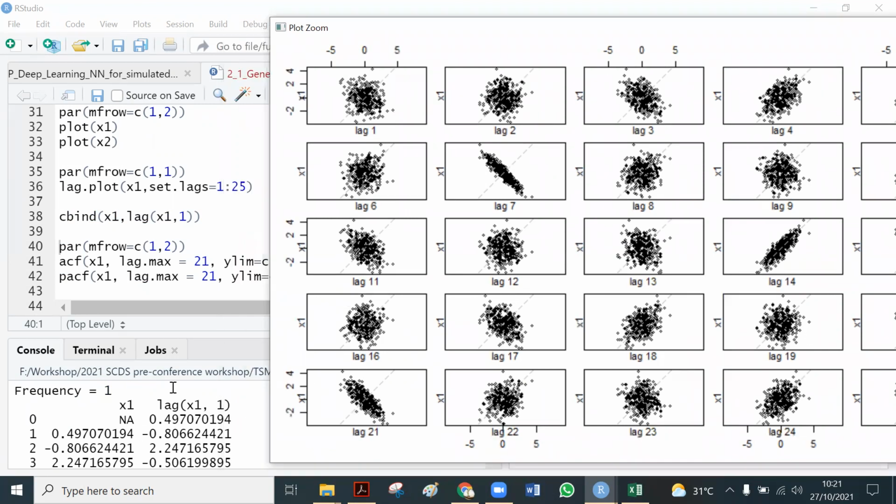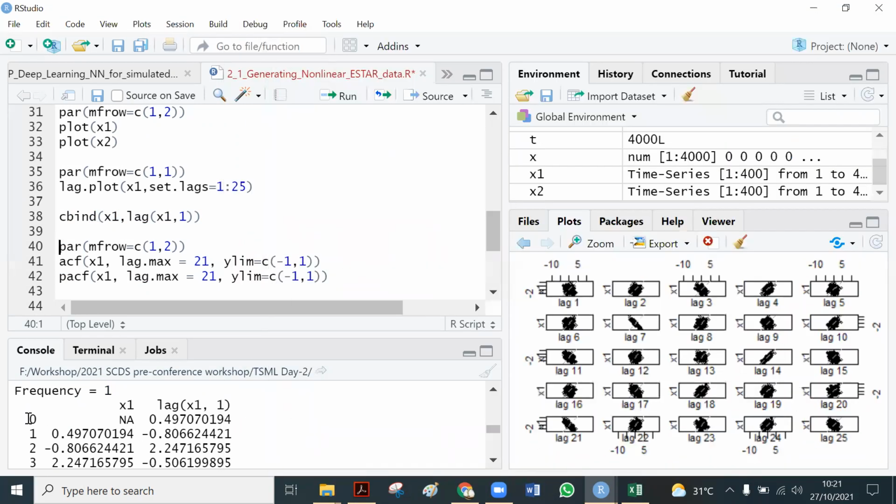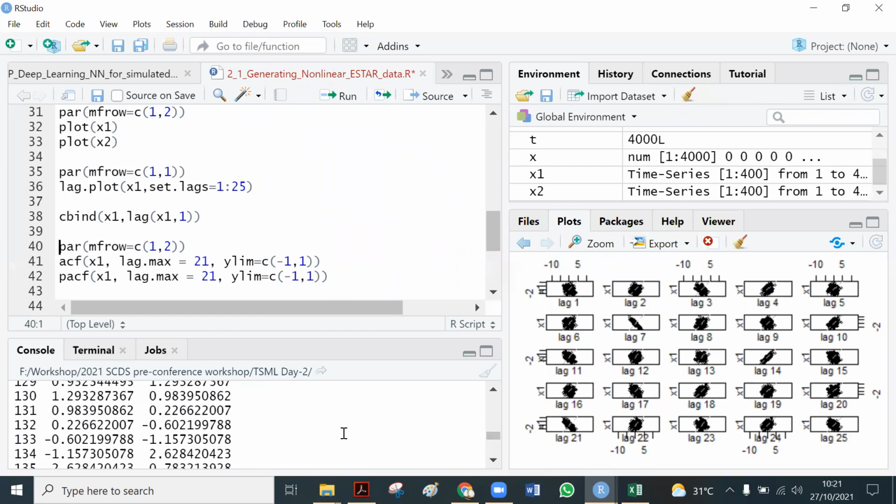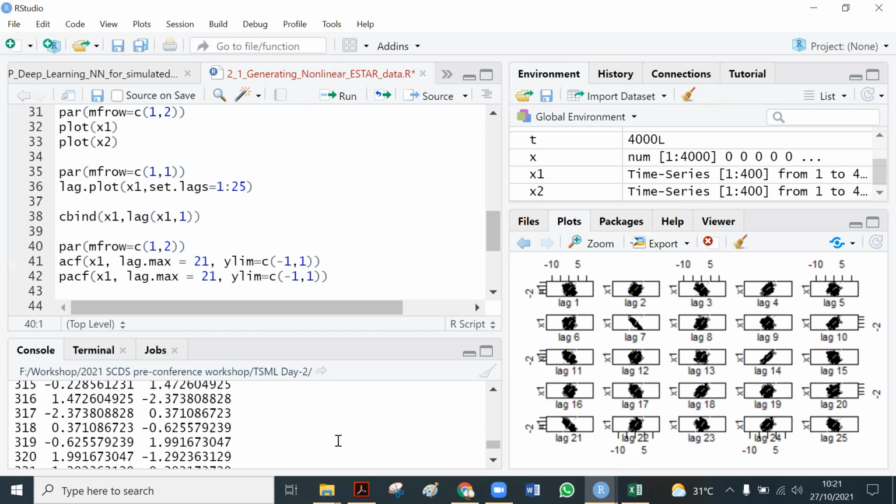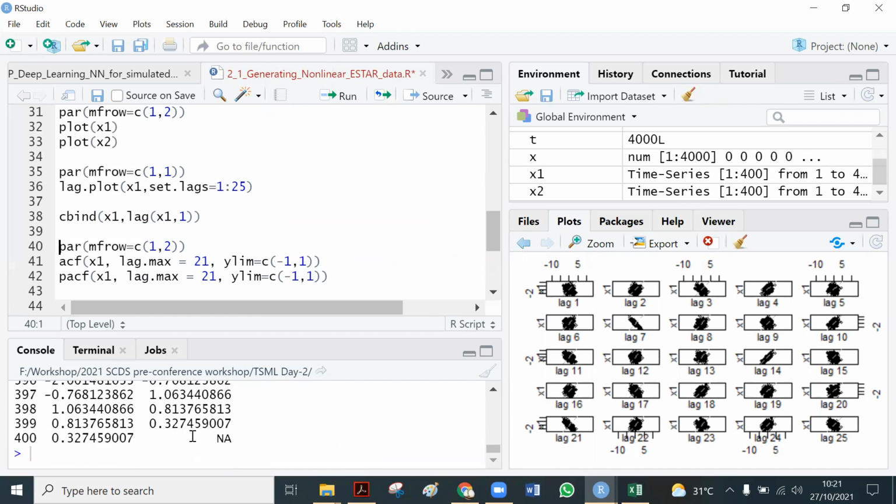So we can skip the first row and the last row because it is lag 1. So we have 399 remaining data, or 399 pairs of data between xt and xt minus 1. So how does it look?